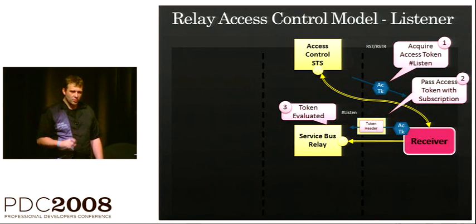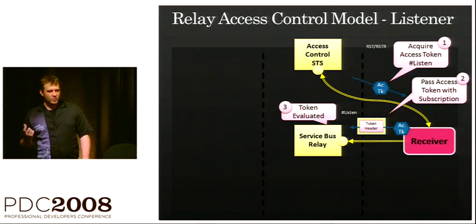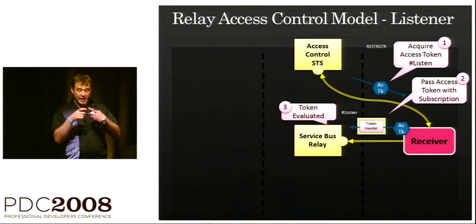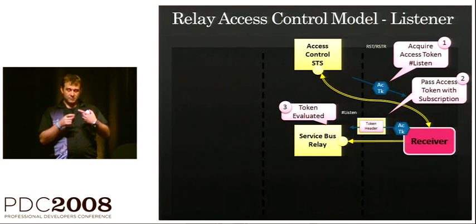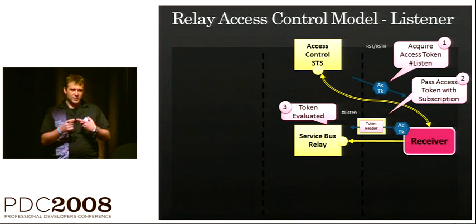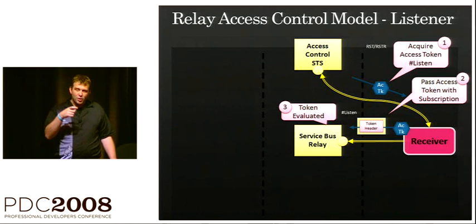You can look at that token. So if you were doing interop work, you could get that token, you can look at it, and what you're going to see is it's a token, and it's going to expire. That's all you get to see because the rest is encrypted and signed and issued to the service bus. So you can't even look at the claims that are there because they're none of your business.